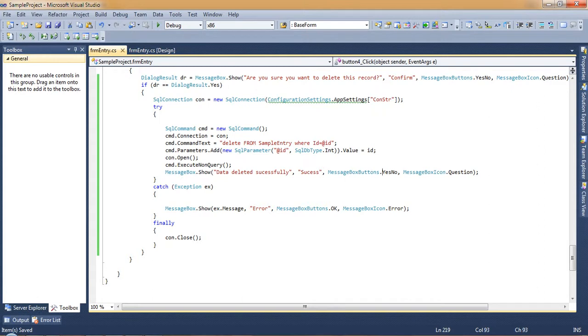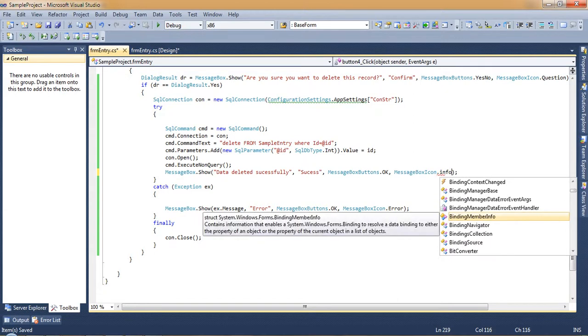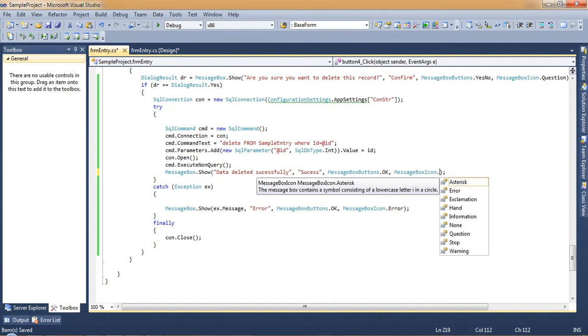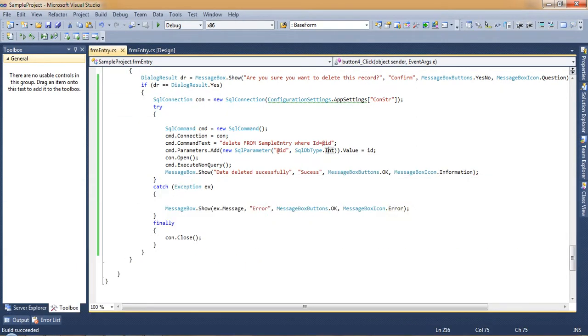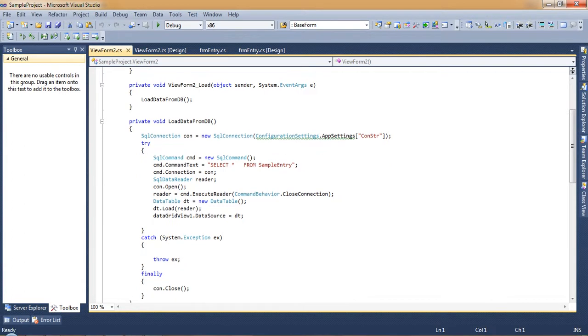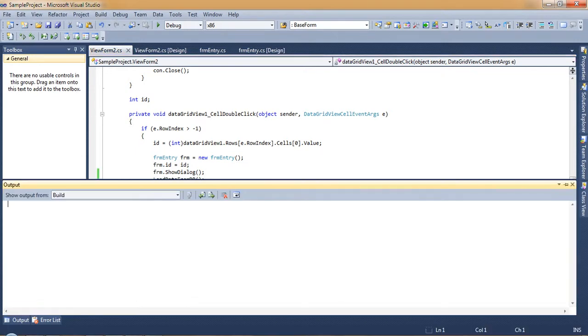Success, only need one button, OK, and MessageBoxIcon dot Information. And after the data gets deleted, we need to refresh the data grid. So I will call this LoadData from here also. So after the data gets deleted it will refresh the grid.